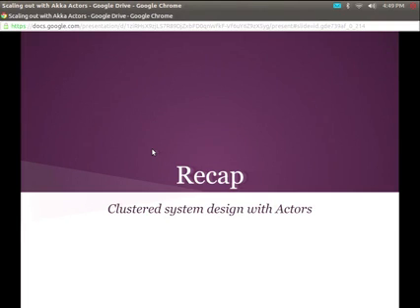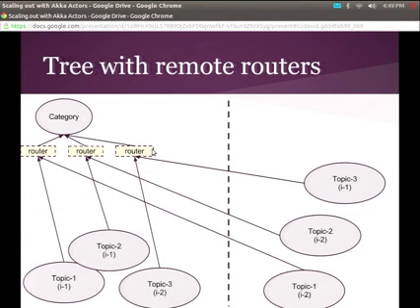One piece that was added between when I started trying to write the talk and when I actually finished writing the talk is cluster membership roles. So if you look before, here where we defined a router to just send topics anywhere in the cluster, that might not be ideal for your circumstances. What if we wanted to take this set of the cluster and make it be the search index piece, and this set of the cluster and make it be the front end piece? Or we want the front end everywhere, but we want the search index only over here. We want some other service over here on these nodes.